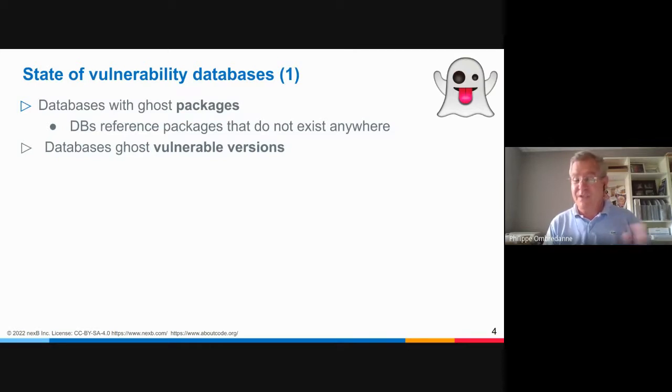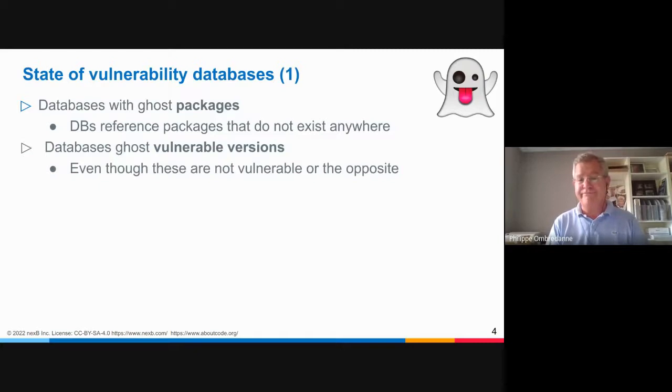Or similar to this, databases that make up vulnerable versions, literally making up versions that don't exist, so it's similar to the previous case, or they incorrectly report a package version as being vulnerable or non-vulnerable. Both cases are really problematic. In the first case, if you report a vulnerable version that is not really vulnerable, you're creating what's called a false